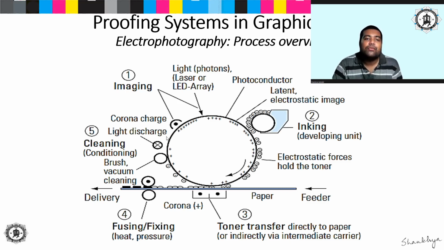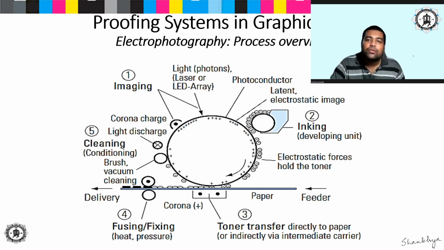incident on the photoconductive drum. This light, what is its function? This light will basically help in discharging or removing any residual charge that may be there in the photoconductive drum. As a result, once they get neutralized, any residual toner particles will also drop down, and then, as I showed in the video also, they will get wiped out and recycled and get back into the inking system once again.